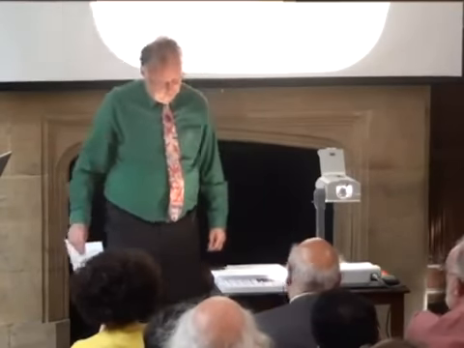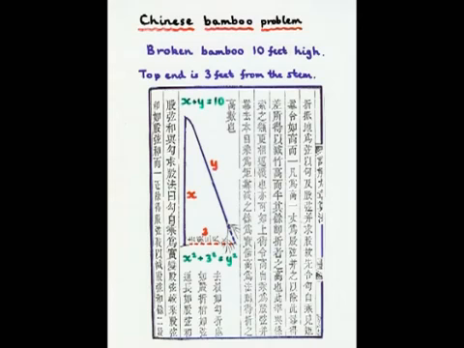So in modern algebraic notation, if we were solving it now, and of course the Chinese didn't have this, if you call this answer x, and this is y, which is the same as 10 minus x, and then you use the Pythagorean theorem, then you can calculate the answer. Okay, so you've got these equations here. And it's quite a complicated answer. So they seem to be able to solve problems of this kind.